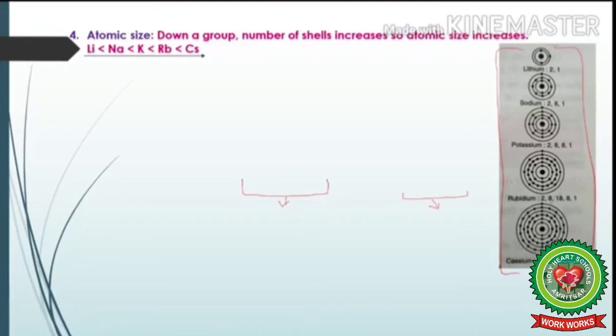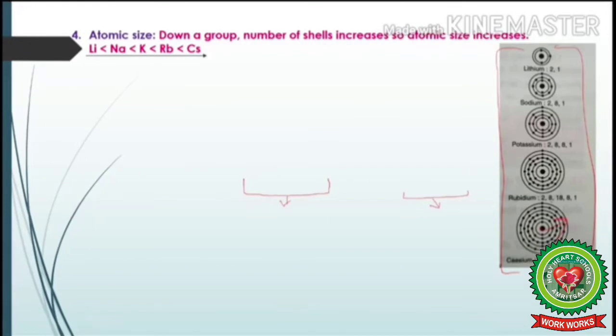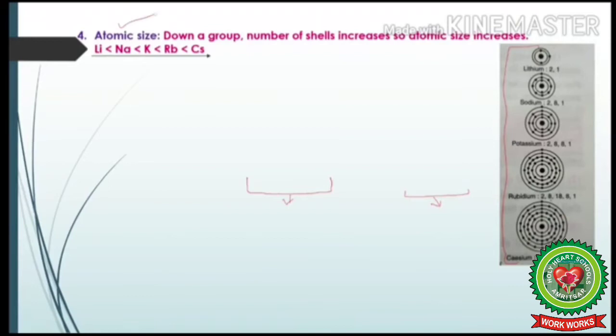This increase in the number of electrons results in electrostatic forces of repulsion. This force of repulsion will be more than the nuclear pull towards the valence shell. Therefore, the size of the atom will increase because the nuclear pull towards the last shell of an atom will decrease. Therefore, the atomic size also increases as we move down a group.